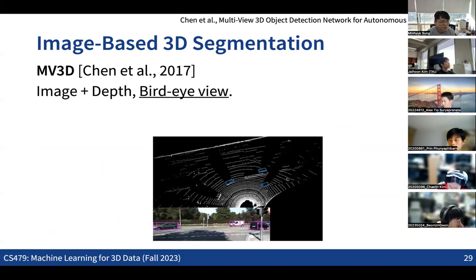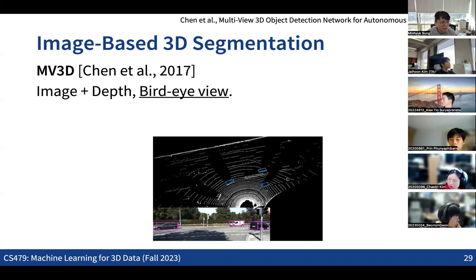For many cases, for example outdoor scenes, we can treat all the 3D data as 2D data by having bird's eye views, the top view from the sky to the ground. Then we can treat all the 3D information as 2D images and use the same 2D object detection and segmentation networks.